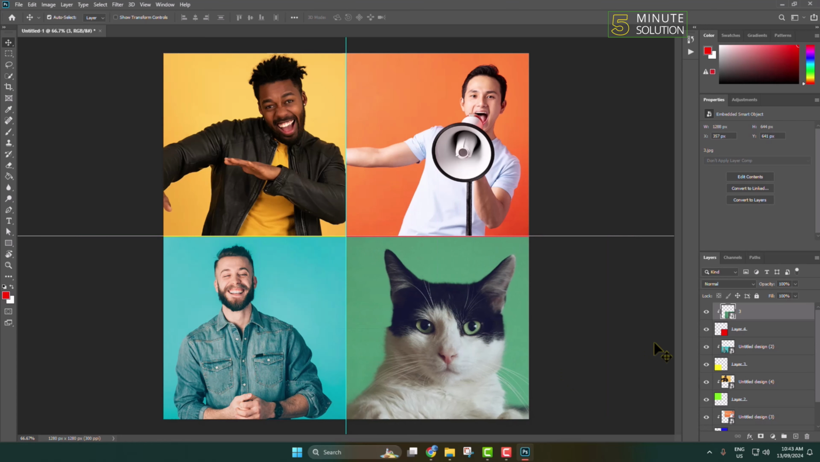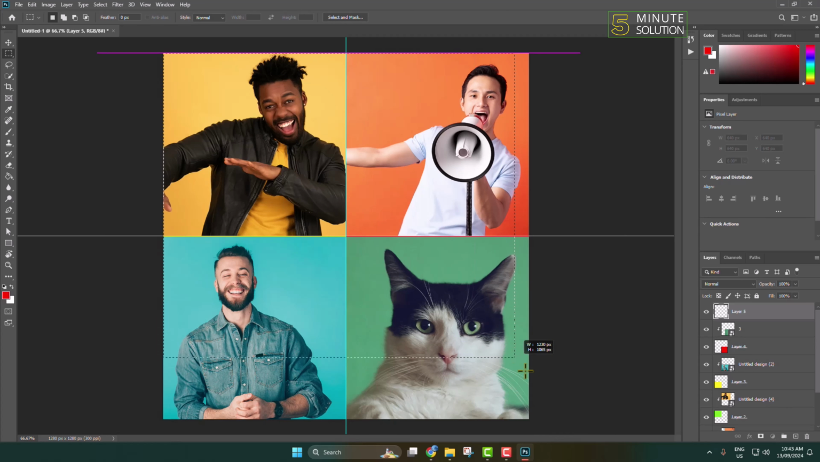once you added all of your photos, now if you want to add a border, then here I'm adding a new layer at the top of this layer list. I'm adding the new layer, and here you have to select the rectangular tool, select your entire canvas, right click